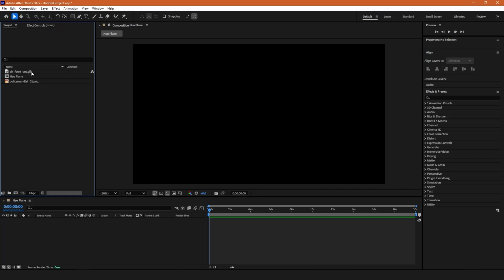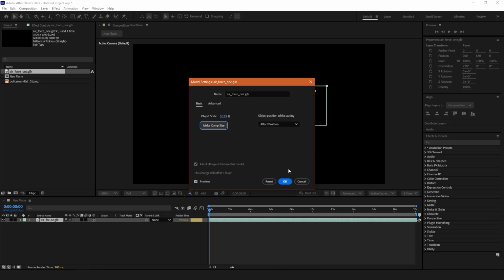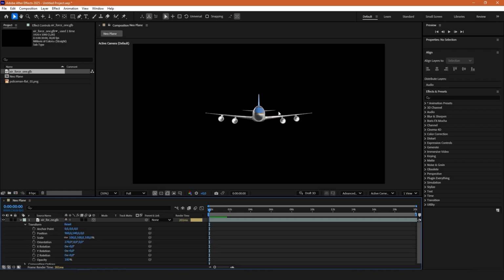And in Adobe After Effects, I'm going to import the plain 3D model first. So drag your 3D model to your timeline, and then here select Make Comp Size, and then click OK. Now, when we have imported our model inside Adobe After Effects, we can open our transform options and start with